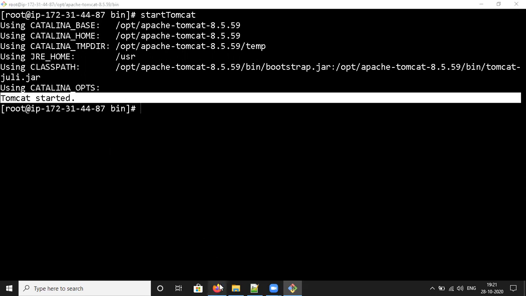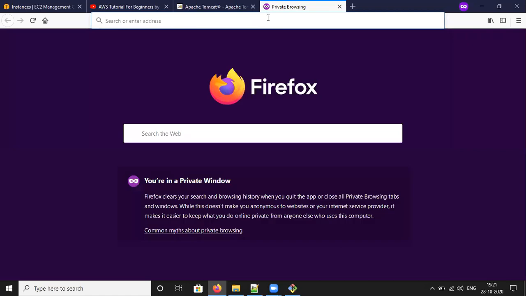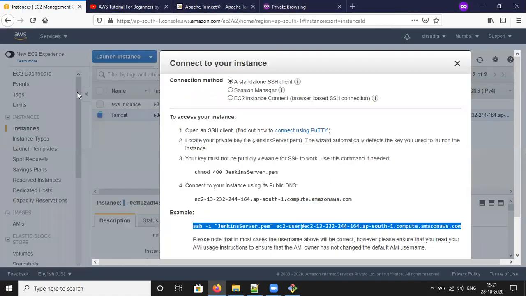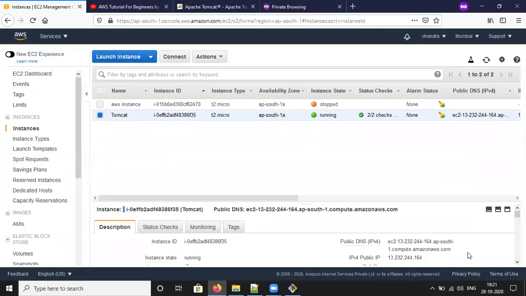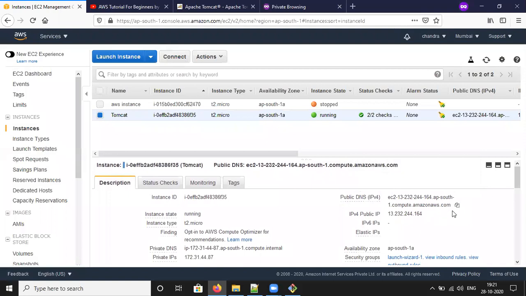Now you should go to the browser. You can check whether Tomcat is working or not. For that, you need to take the public IP address of your EC2 instance. Copy this public IP address, or the DNS name, either is fine.